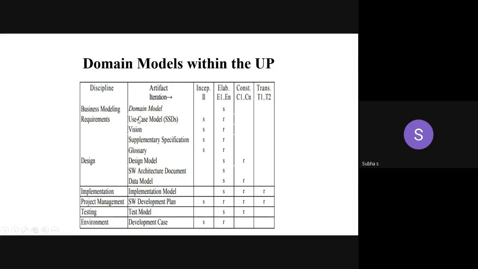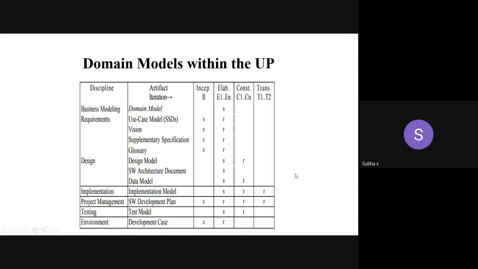Yes. So the use case model, though it starts at the inception phase, has some refinement in the elaboration phase. Similarly, vision, glossary, all the requirements can have refinement in the elaboration phase, because before getting into construction, you have to refine, you have to fix it properly. Then the design model. The design model actually started in elaboration, then refinement at the construction phase. You are having the software architecture document. It's starting in the elaboration and it ends in the elaboration phase itself. Similarly, you are having start and release, refine for the different artifacts.